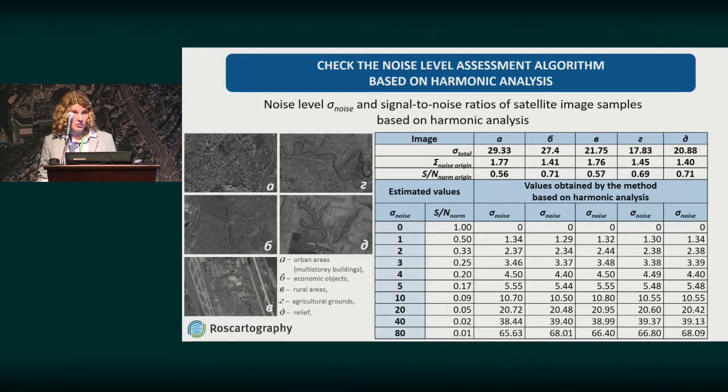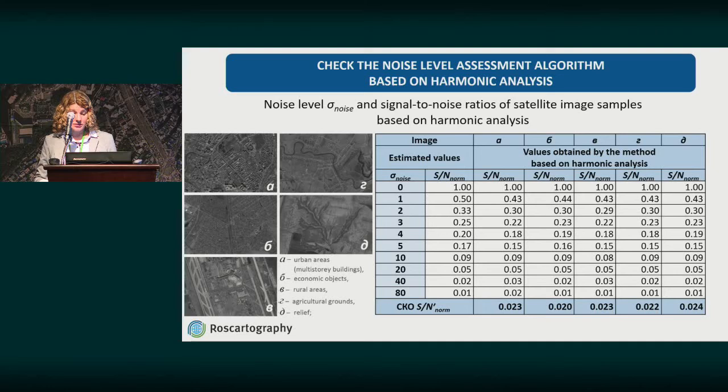We added some noise from different levels. Similarly with the gray wedge noise levels. So we determined the noise level based on the harmonic analysis data as an RMS. Then we determined the normalized value of noise to signal, and the results showed that the normalized value of signal to noise